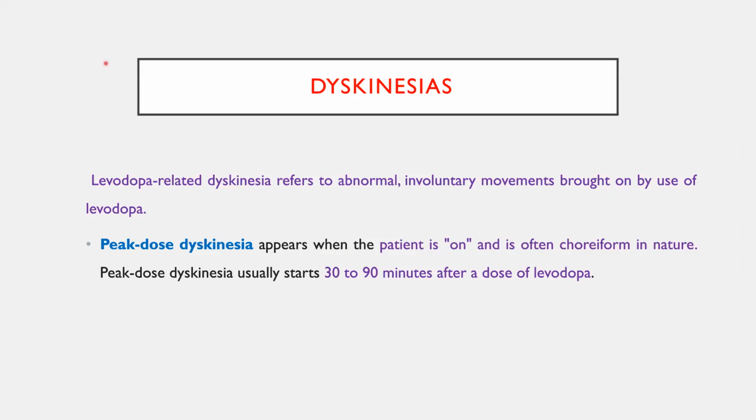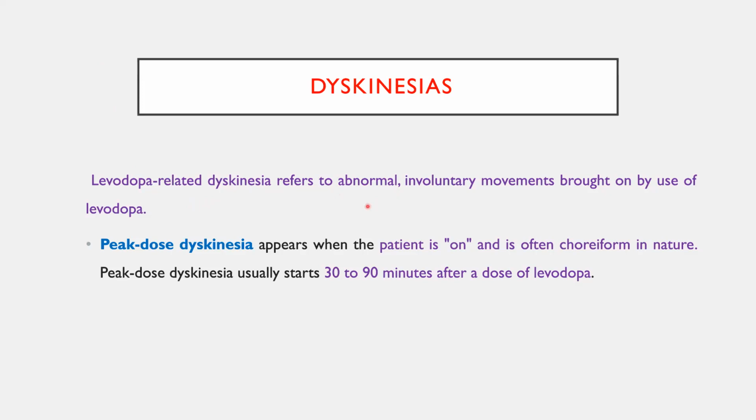Dyskinesia, this is also very important. Whenever the disease progresses, due to hypersensitivity of the dopa receptors in the basal ganglia, and even fluctuations of levodopa in the serum, that will cause abnormal movements. It may be chorea, dystonia, or a multiple mixture of movements. That is called dyskinesias. Most commonly we see it in the later part of the disease or in young onset Parkinsonism.